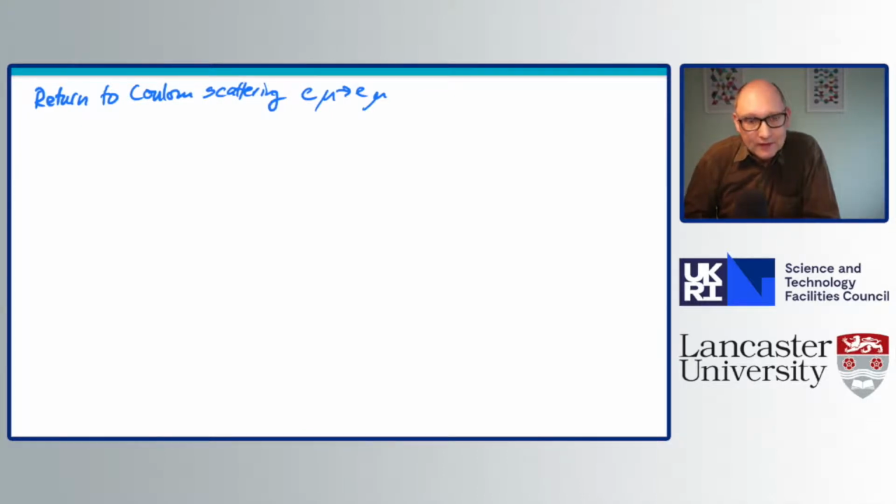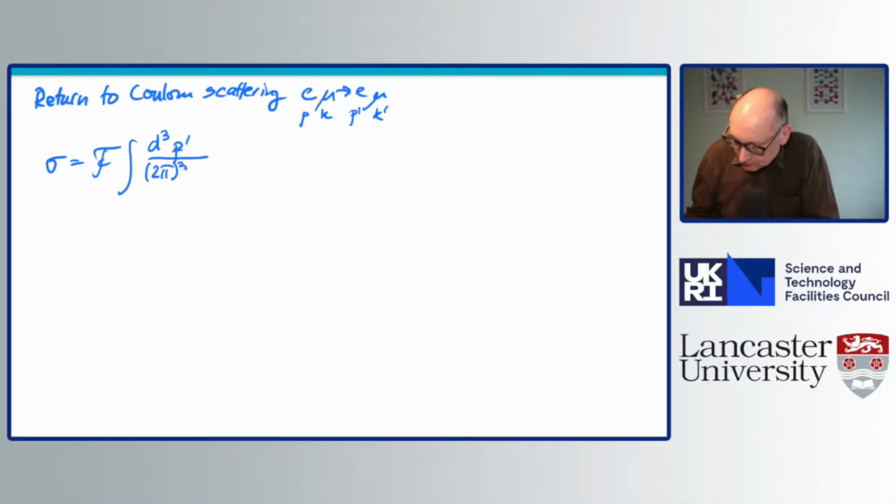Now what we have there is that the cross-section would be equal to the flux factor times the phase space integrals of the final state particles, which we called, let's say, P prime, K prime, P, K. So we would have here d^3P prime over (2π)^3 2E prime,